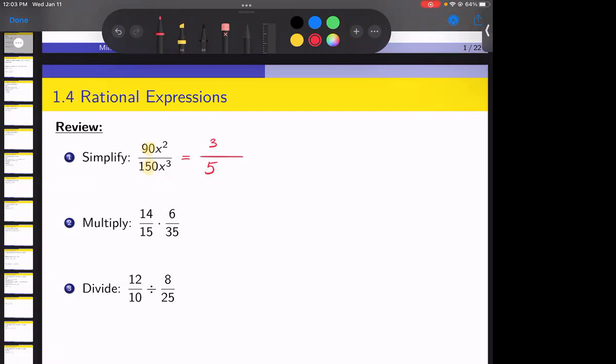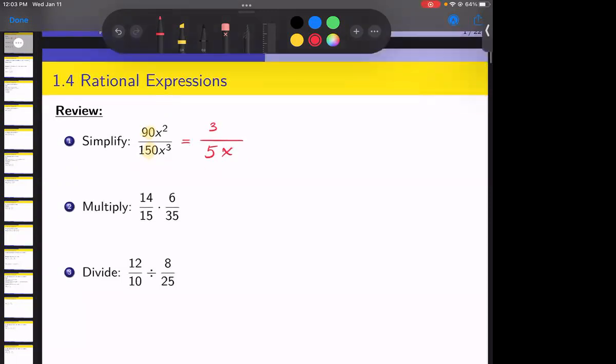What about the x squared divided by x cubed? Yeah, very good, right? So far, so good. Somebody else, number 2. Oh, that's just